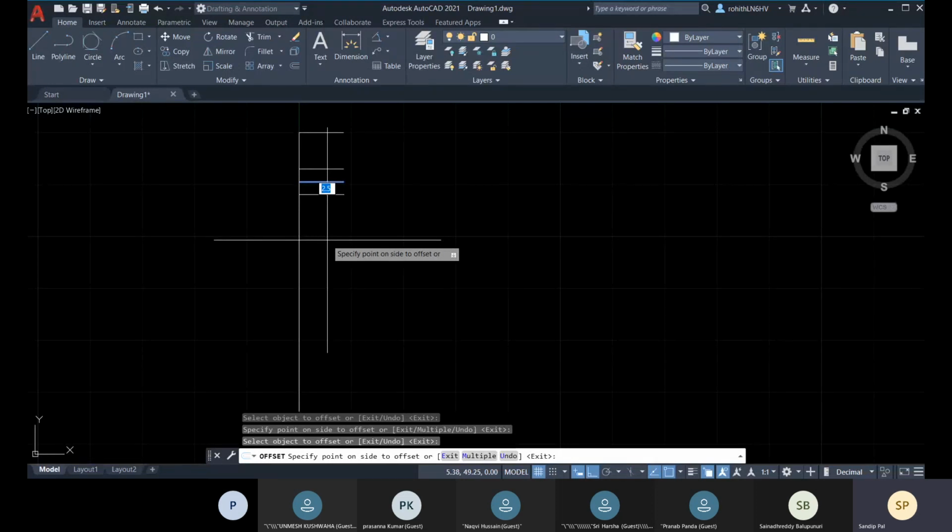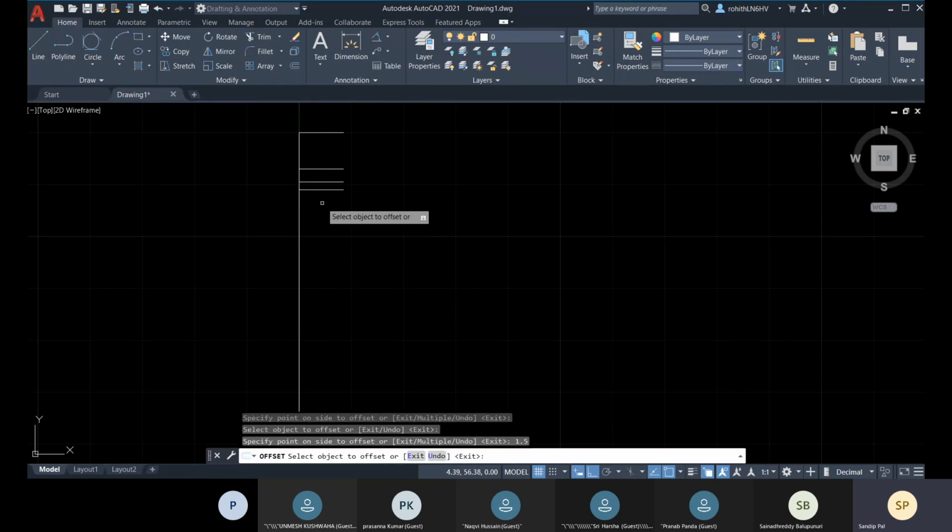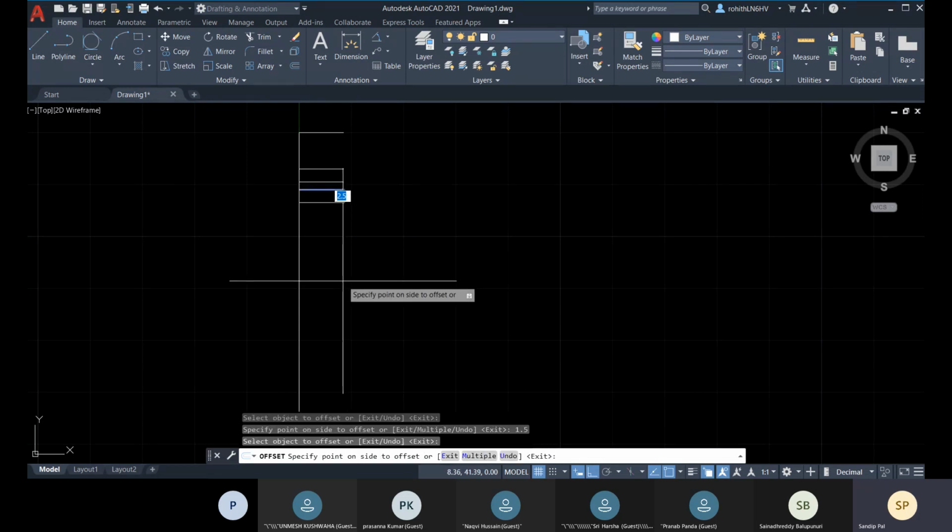Because I have dynamic input on, I have this flexibility to change this. So I'll go with 1.5 and enter, and there you can see. And for the next, I need 5.5. So I'll go with 5.5, enter.